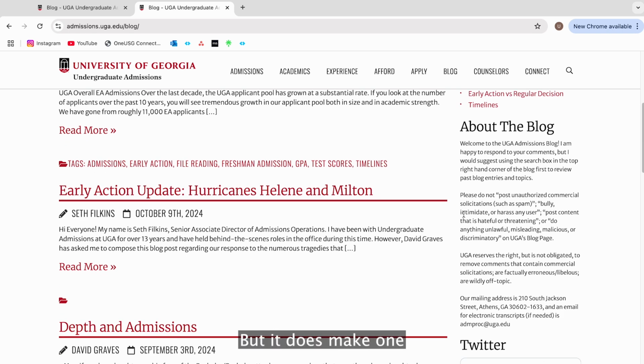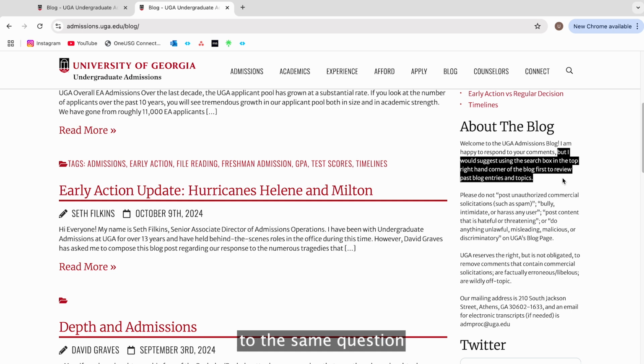But it does make one important point that I wanted to highlight. One of the best features about the blog is that it's interactive. You, your parent, or anybody else looking to explore UGA can post comments on any of the blog posts, and Dave will respond directly to you. However, we also want to respect Dave's time and not make him respond to the same question over and over. So make use of the search bar up here in the top right corner of the admissions site. It'll give you an index of any relevant web pages and any of Dave's blog posts that might be helpful